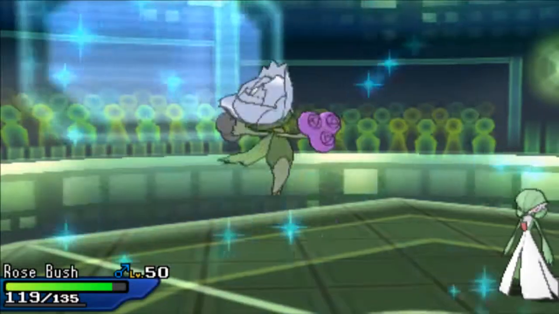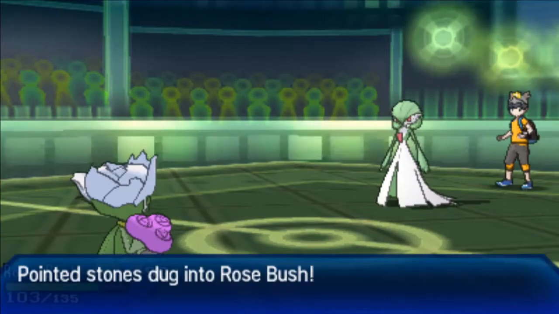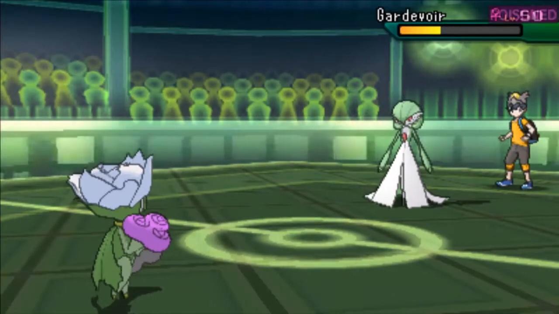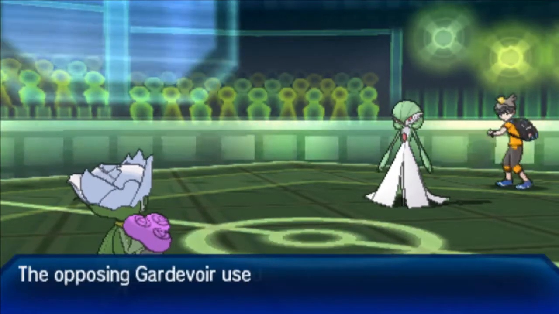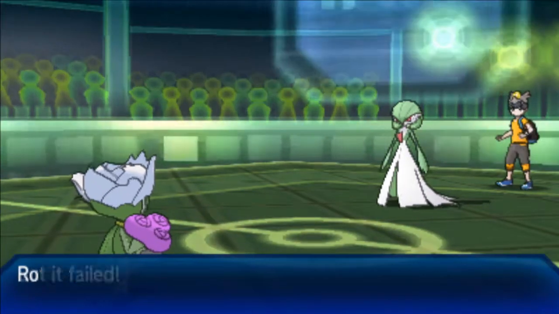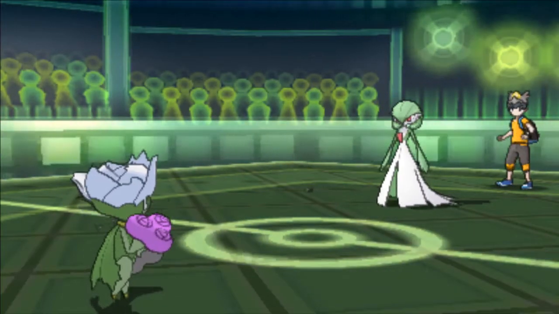Sort of as death fodder, but I decided, you know what, I'm just gonna sack off my Roserade, because I don't have a good switch, and I just want to sack my Roserade so I can get a free switch in with Bronzong. But he ends up going for the Trick, and I'm gonna be able to go for one layer of spikes,